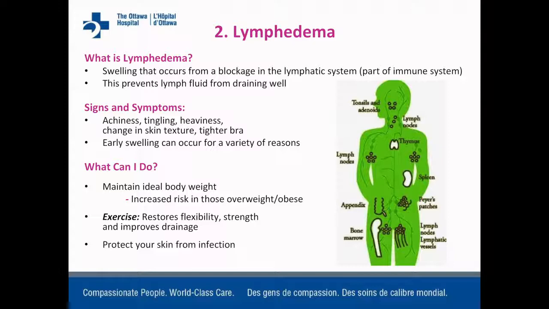Also, protection of your skin from infection. Many women are concerned when they're gardening or doing the dishes, for example, that they may puncture the skin and therefore increase the risk of lymphedema, when in fact it's not a puncture that causes an increased risk of lymphedema. Rather, it is the puncture that then becomes a port of entry for microorganisms or infection to occur, and it is the infection that can cause cellulitis or an infection of the skin, and it's the cellulitis that causes risk of a lymphedema. So if you were to puncture your finger, for example, if you were gardening, then you would want to clean that area quite well to reduce the risk of an infection developing,